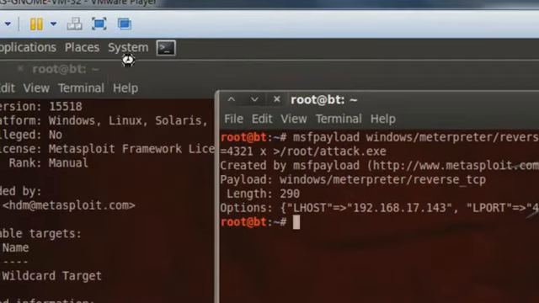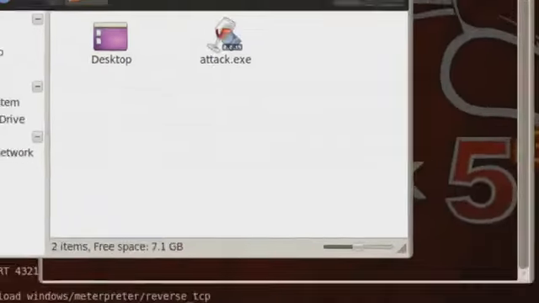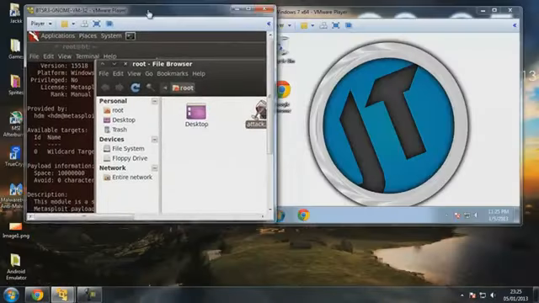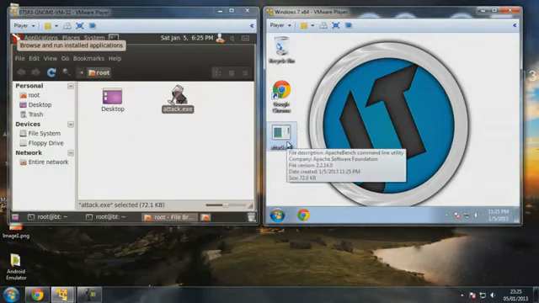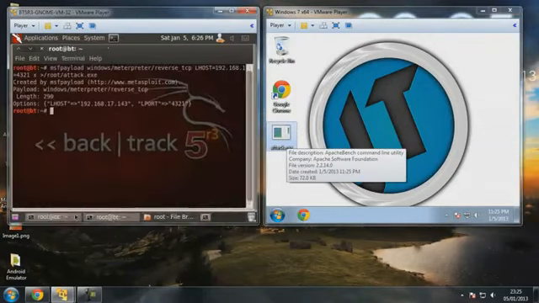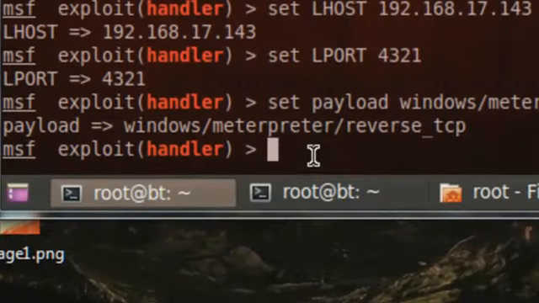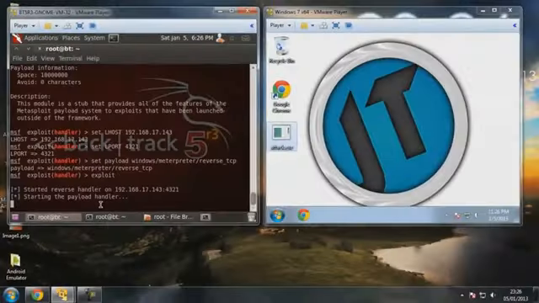So if I go to places, home folder, you see that we have attack.exe. I'm just going to put this side by side, and you can literally just drag files across in VMware Player. So now attack.exe is on this. All we're going to do is just go back to our main console where we set the payload. And then the victim will execute attack.exe, and all we're going to do is type in exploit,